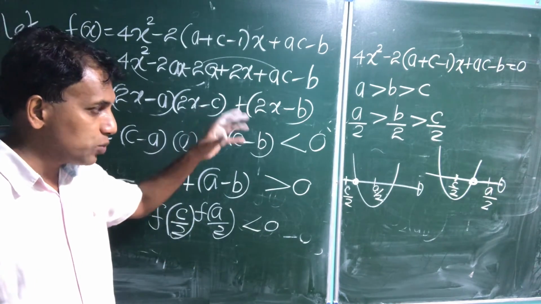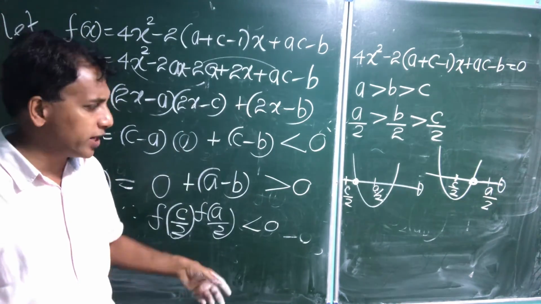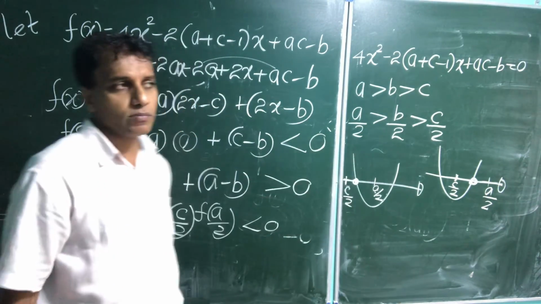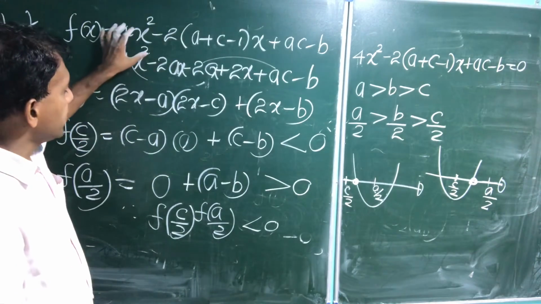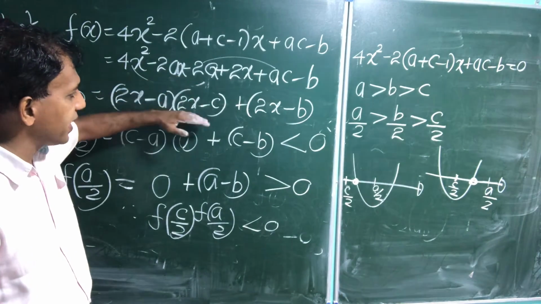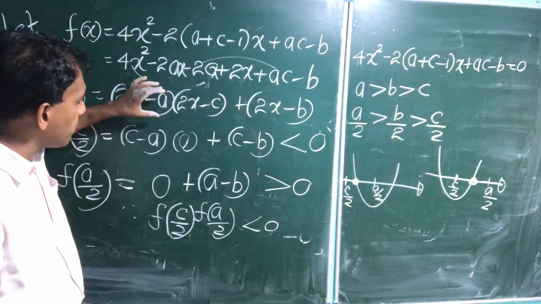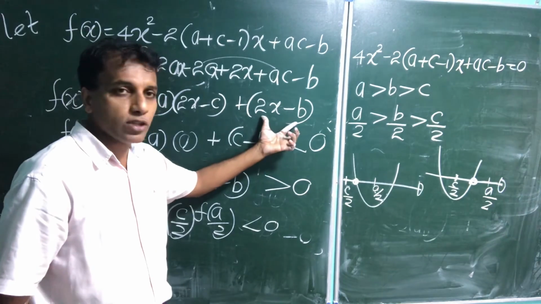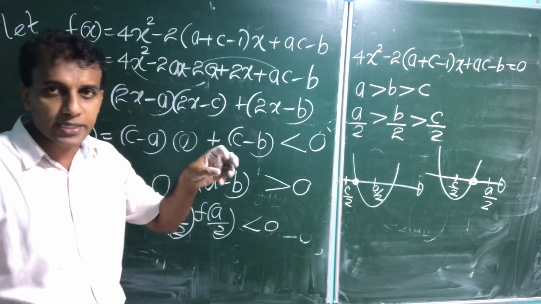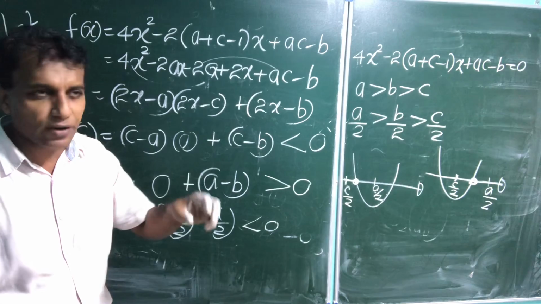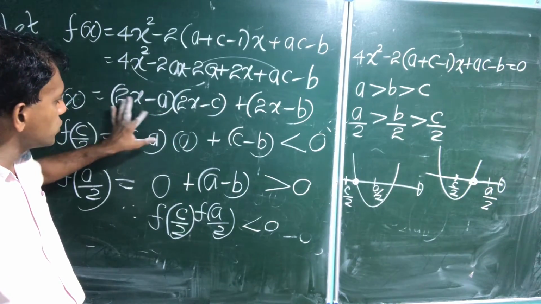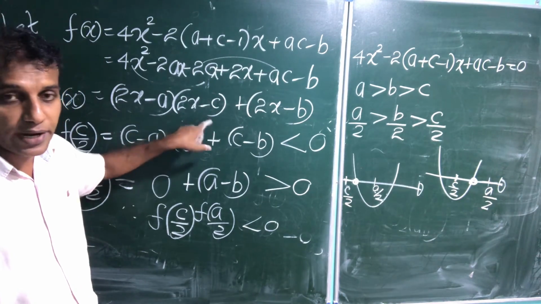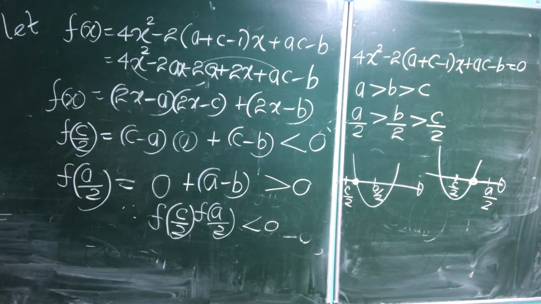This is a completely algebraic pattern. The numbers come between 2 and 5 or between minus 2 and 8. This is the method, right? Here you should rearrange a little bit, into factorized form, because our target is about a by 2 and c by 2, not b. We don't need b, because the solution they ask is between a by 2 and c by 2 only, right? Therefore keep this a by 2 pattern, here c by 2. You can rearrange the factors, right? This is the question of that type.